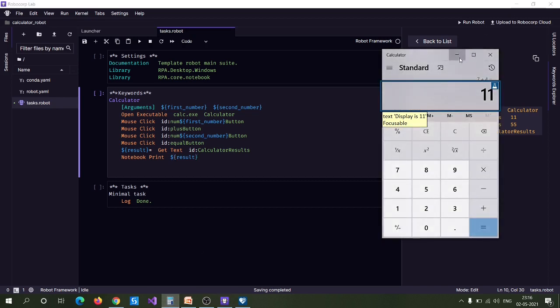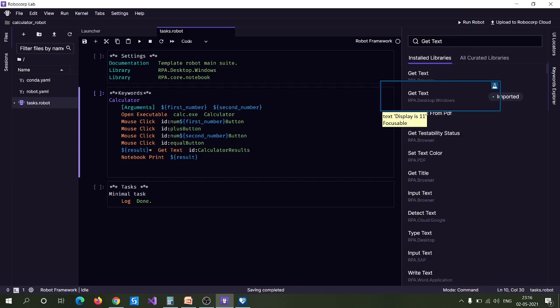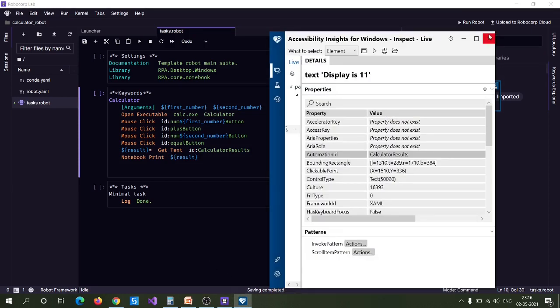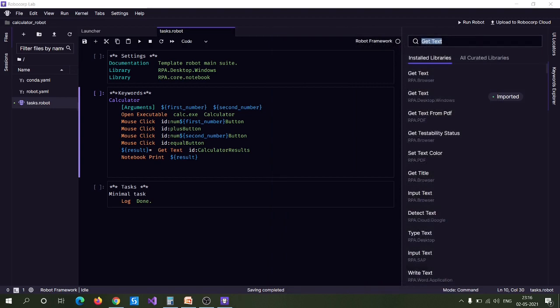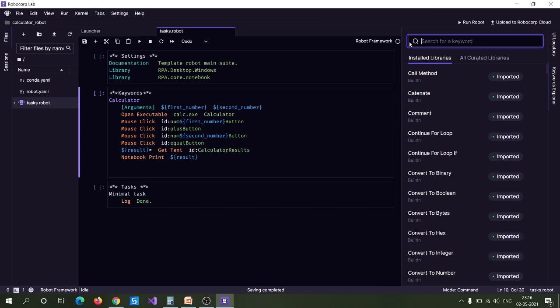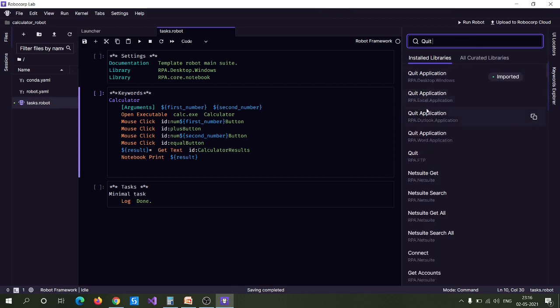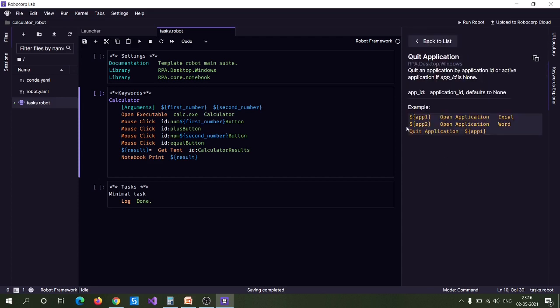After getting the result, the next step is to quit this application. For quitting the application, let me close this accessibility inside software because it's no longer needed. Let me use quit application. It helps to quit the currently active application, or you can close the application by using the app id.